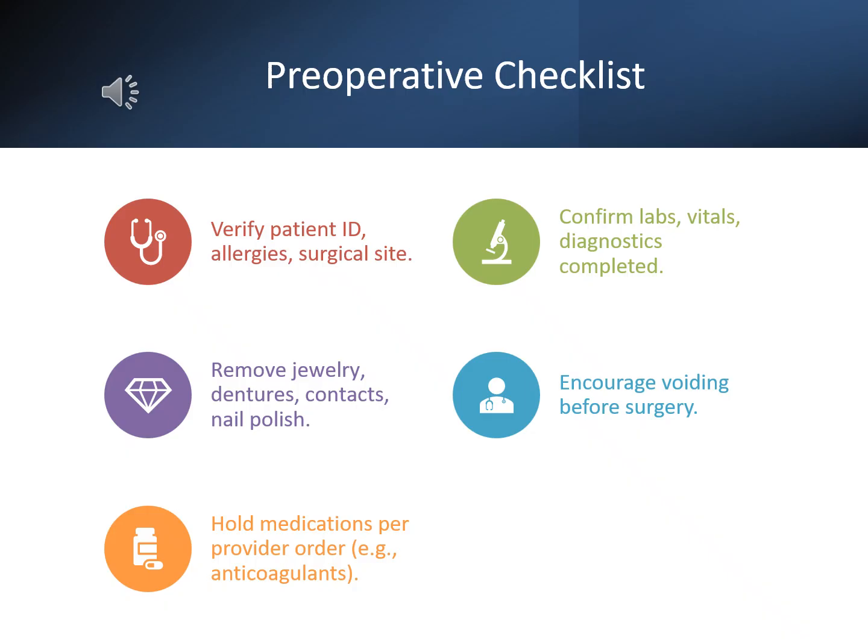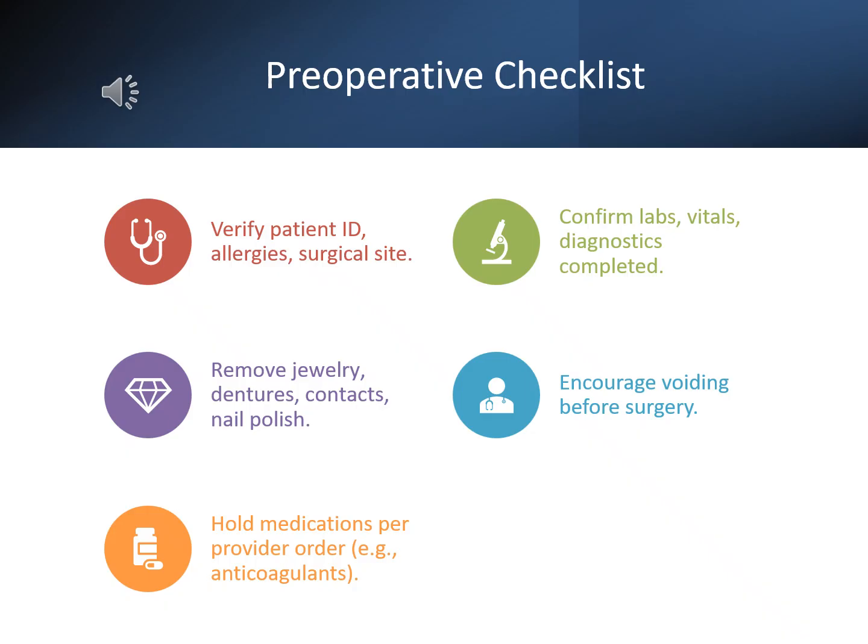you're marking for surgery. We want to confirm any labs, vital signs, and diagnostics, so making sure all imaging has been done, labs are within normal limits, making sure potassium is appropriate, electrolytes are not imbalanced or are within normal limits. Making sure that we look at coagulation labs, so it's really important to make sure that their lab levels are normal for PT, INR, your platelet levels, making sure hemoglobin's within normal limits. This is because during surgery, patients can lose some blood. So we want to make sure that those are within normal limits so we have a little bit of cushion